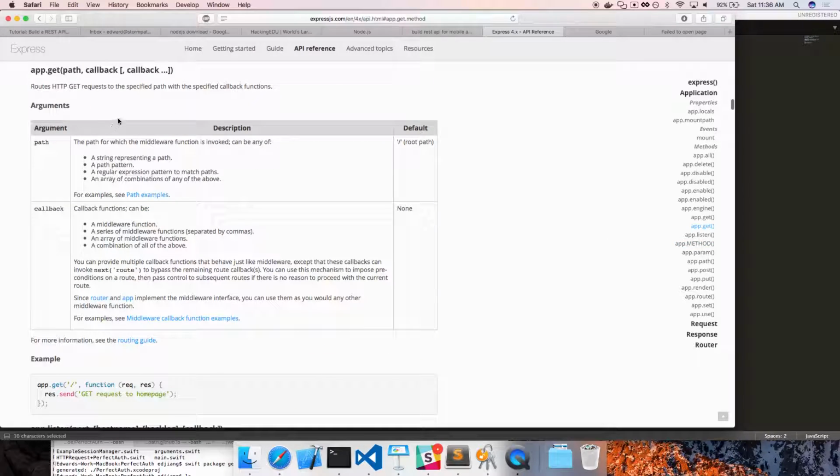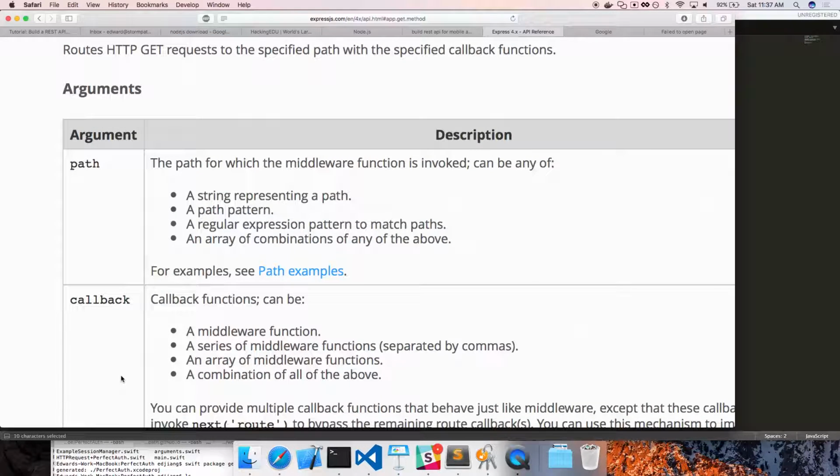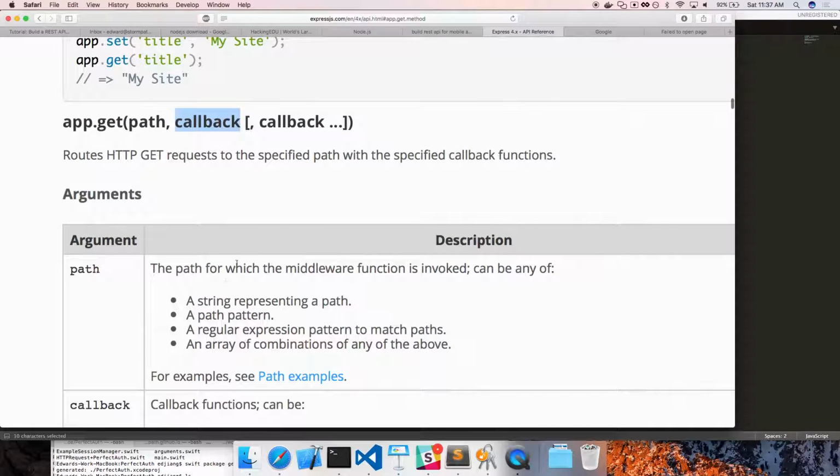So app.get is a method on the application object that takes a path and takes a callback. These callbacks are Express handlers, and they take what are called middleware functions. We'll talk about middleware in a second. But there's a few different types of these handlers. We have app.get. And what app.get really means is, when I submit a web request,